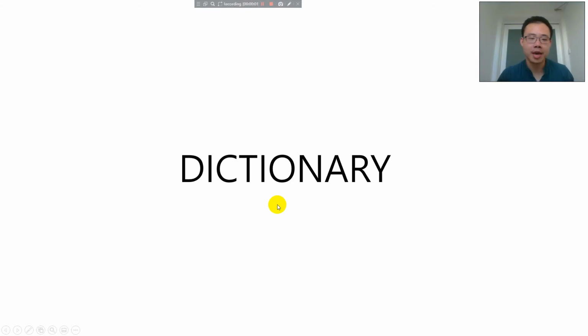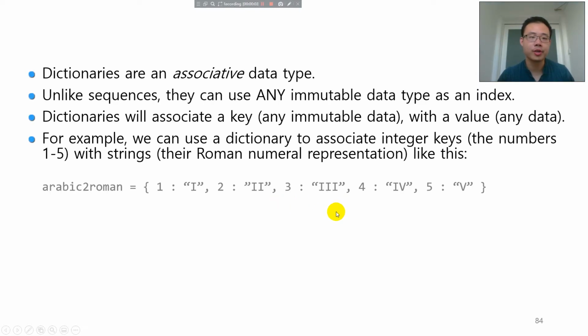Okay, now we talk about the dictionary. Dictionaries are an associated data type. Strings, lists, tuples, they're all sequences, so you have the order. You can say that the first element of the string is a letter, the first element of the tuple, the first element of the list. But you cannot say the first or the second element in the dictionaries, because dictionaries are essentially a mapping